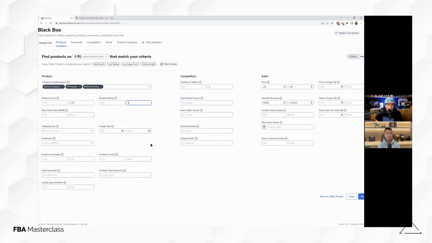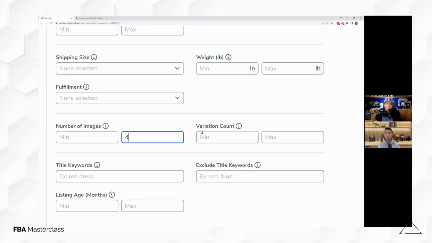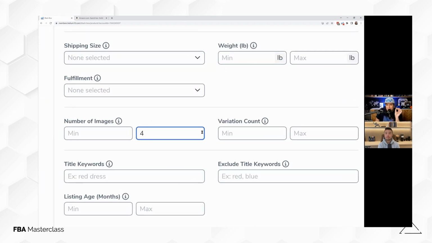Let me see if there's anything else. Oh yeah, I'm going to go ahead and put, and again, this is extreme. Like I'm doing the most extreme example here, so I'm not even sure how many things are going to come up. I'm going to put a max number of images for. To me, historically, this has been a good indication of opportunity, because as you guys will learn through Tom's course here, you've got to really have a well optimized listing, and you're going to need like 6, 7, 8 images,